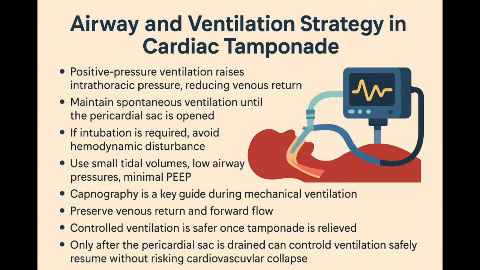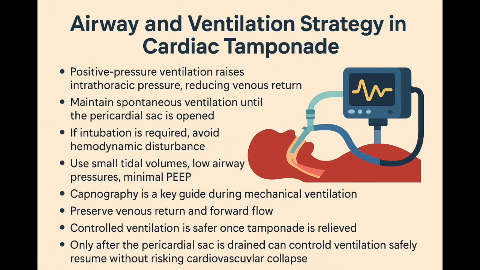Airway and ventilation principles in cardiac tamponade. When managing a patient with cardiac tamponade, securing the airway must be approached with extreme caution. The moment positive pressure ventilation is initiated, intrathoracic pressure rises. This rise in pressure reduces venous return to the heart, a heart that is already struggling to fill due to pericardial compression. For this reason, spontaneous ventilation should be maintained for as long as possible, ideally until the pericardial sac